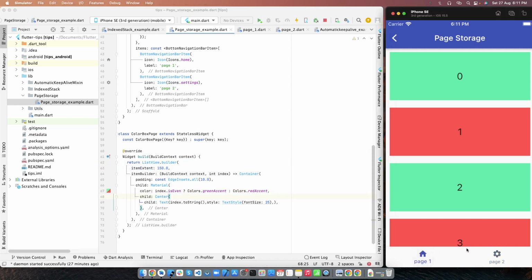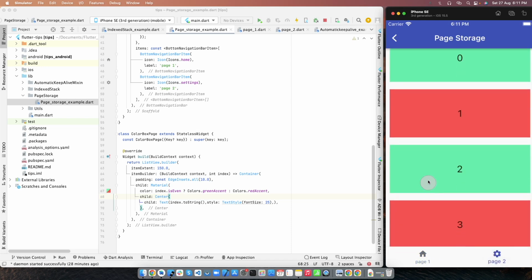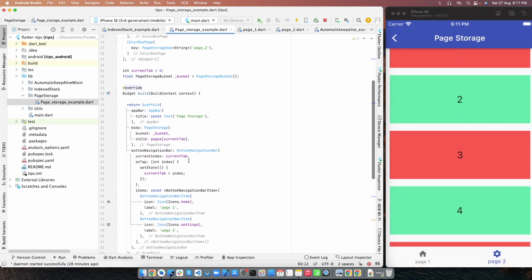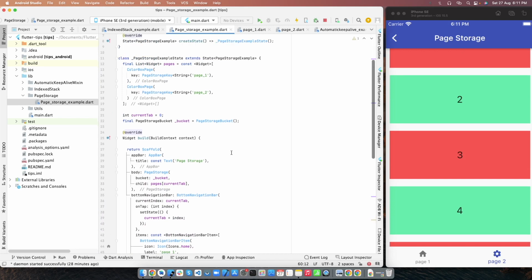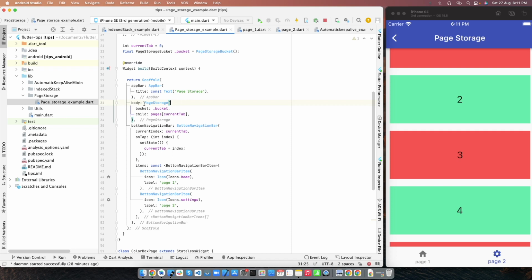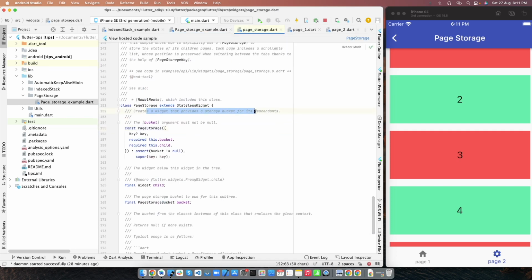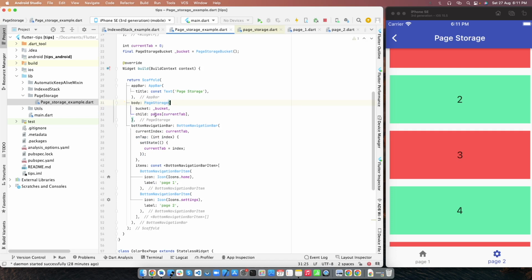So now let's see how state will work with PageStorage. First of all, before the demo, let's see how PageStorage actually works. You can see that in my body I have wrapped my child widget with PageStorage. PageStorage creates a widget that provides a storage bucket for its descendants, right? So whatever pages you are creating, currently I'm having